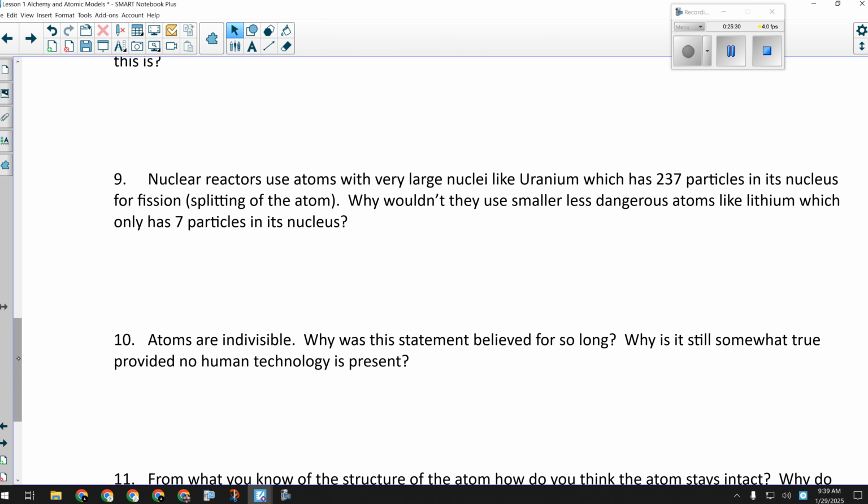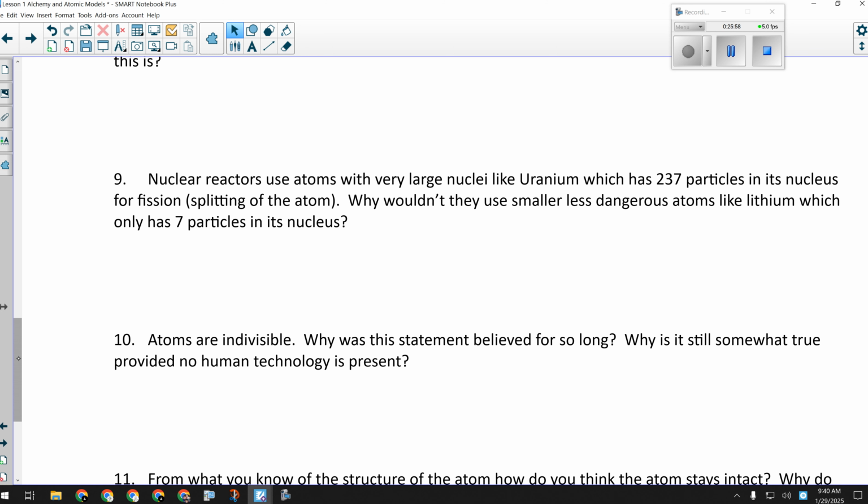Big, yeah. Think about this. You have a bow and arrow and you're trying to hit a target that's 50 meters away. The bullseye is harder to hit than just hitting the general vicinity of the target. We want a big target. A bigger atom is going to be easier to hit. A bigger atom is also going to be easier to break, and it will release more energy because there's more to it.